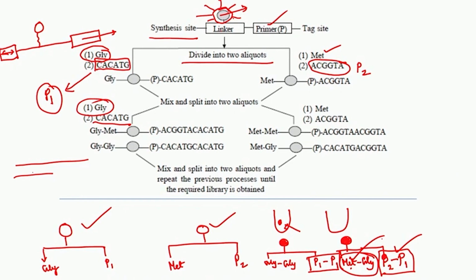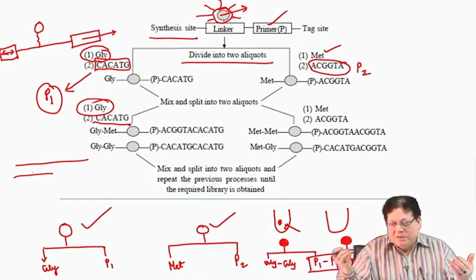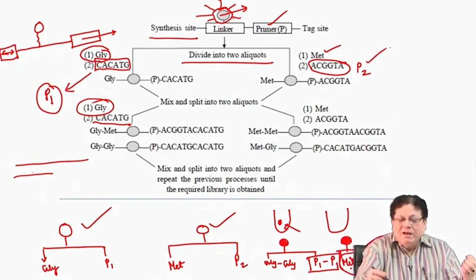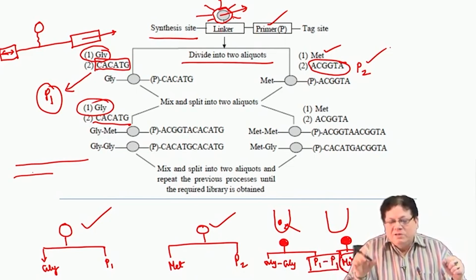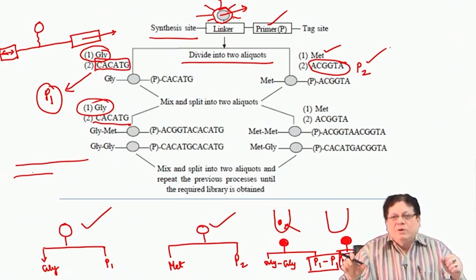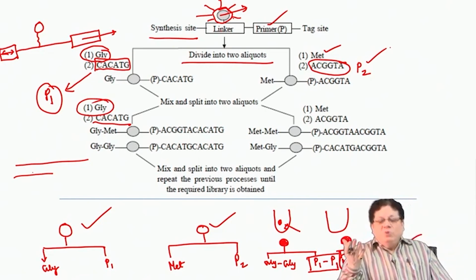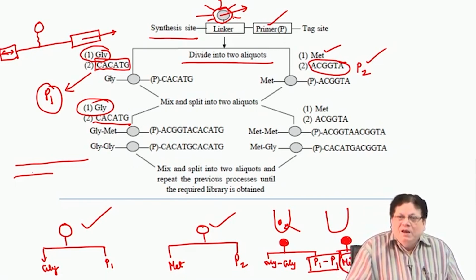So, basically what you are doing is adding the compound which is required for the synthesis, and at the same time you are adding a tagging entity. In this case, our example was a base sequence, because DNA is very easy to detect, by synthesizing the corresponding primers and seeing whether it is hybridizing or not. So, from that hybridization result we can tell what the tagging code is, whether it is P1 P2P1 or it is P1 P1, and then you can